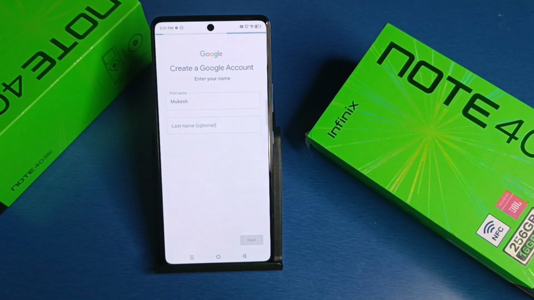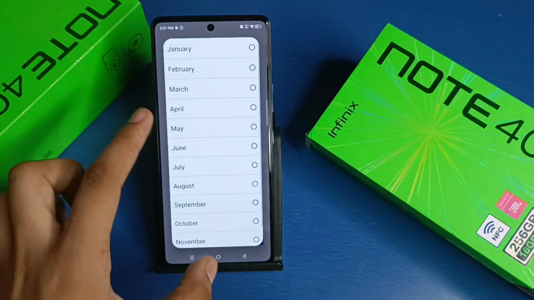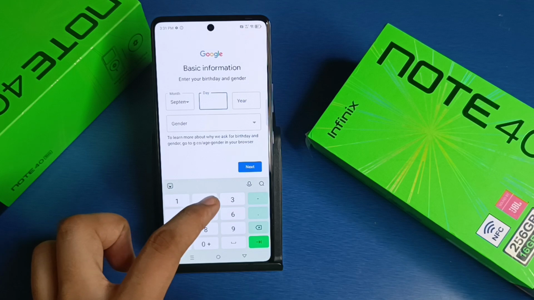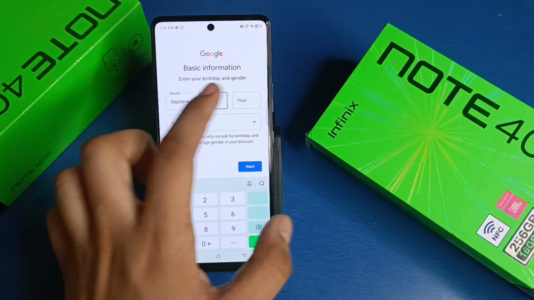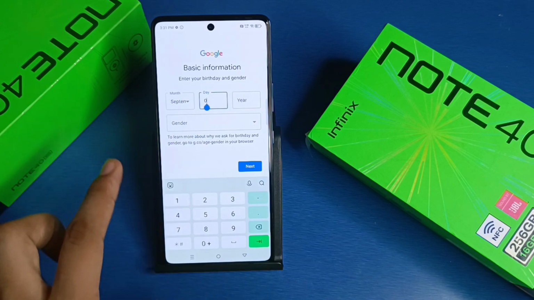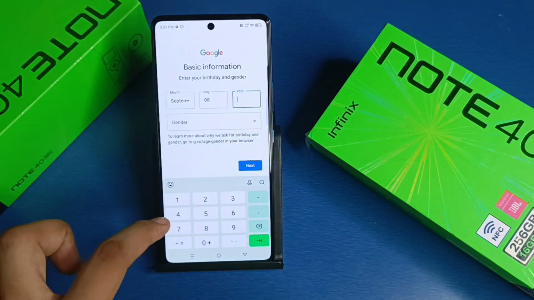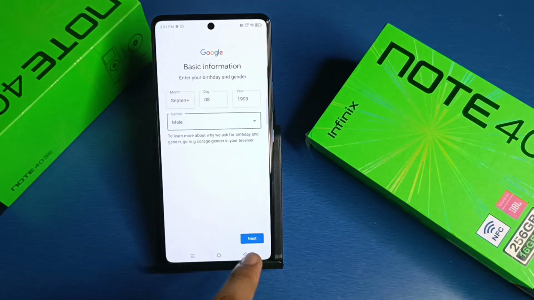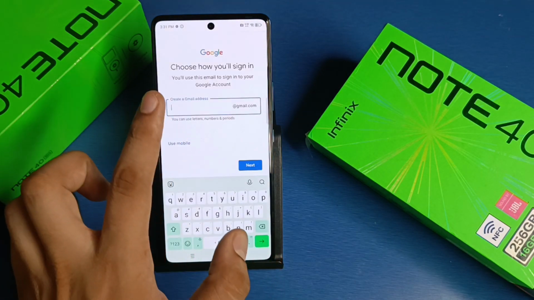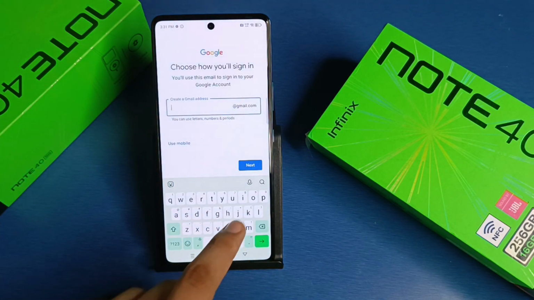like this and click on next. Then you have to enter all these details like your birth date, month, date, year, like this. Then click on male and click on next, and then you have to create a new Gmail ID over here